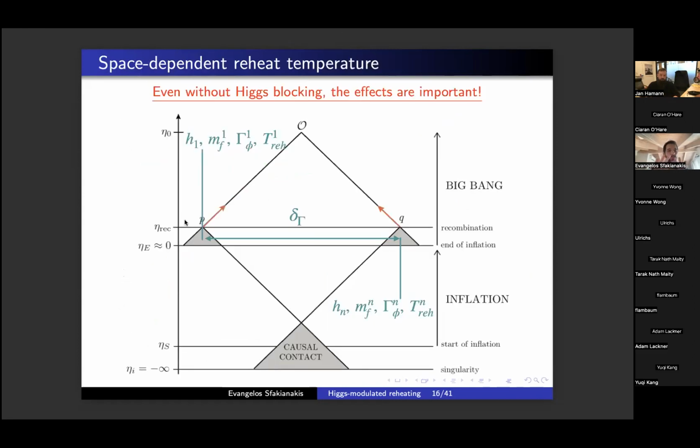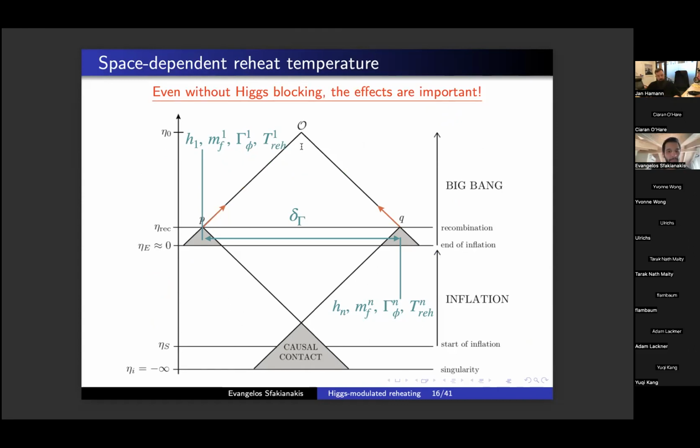So let's see sort of what this means. This is sort of the usual diagram for inflation, right? We start with a small patch of the universe that is in causal contact. We exponentially expand this. Then we have the end of inflation, and then normal expansion of the universe takes over, and we live here